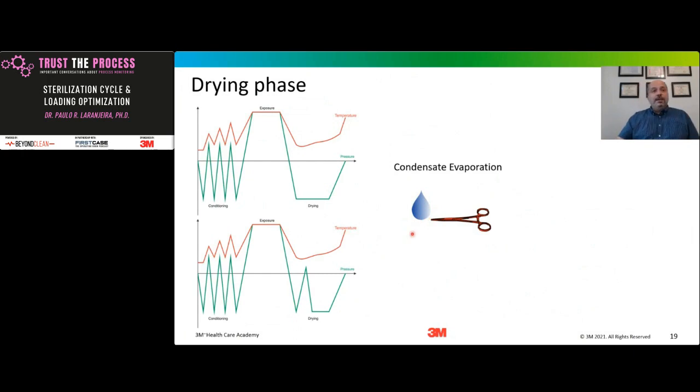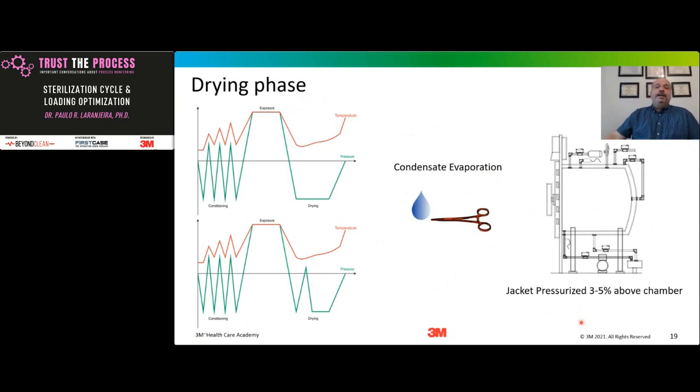At the drying phase, when you reach this point down here, where the temperature conductivity is really bad, because of the plastic of the non-metallic being in the middle of the two metallics, the temperature is going to transfer from those metallics to the non-metallic, and is going to help that condensate to evaporate. So that loading optimization, how to prepare the loading, taking into consideration the metallic and non-metallic, will definitely improve your drying phase.